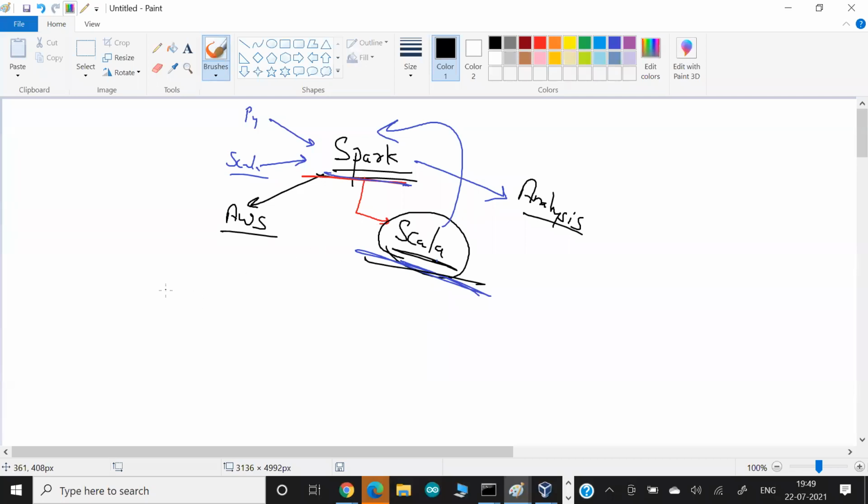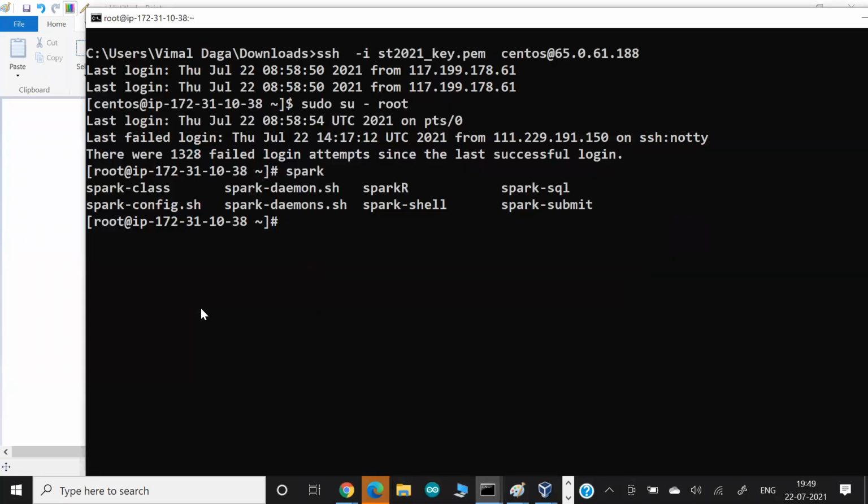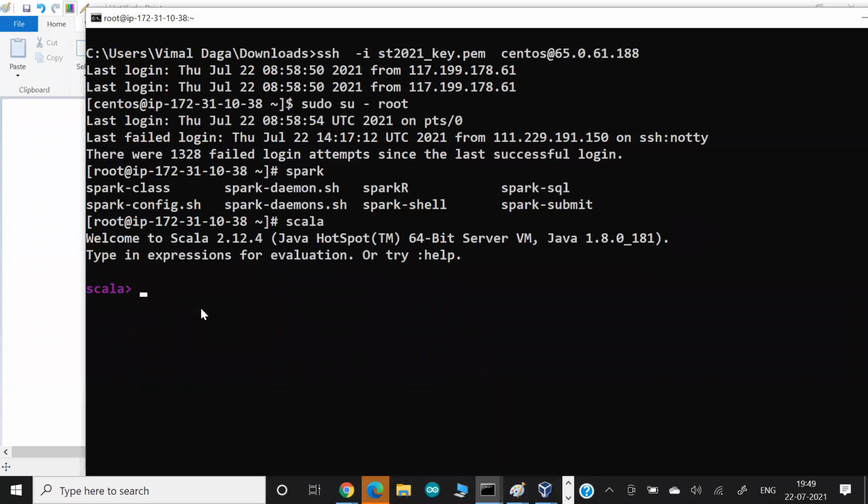If you want to work in Scala, again, it is a language something like Python. So whatever you normally do in a language, for loop, while loop, objects, classes, functions, exception handling, all those things you can do over here. And they also provide you a Scala shell, the way Python provides. So if you run scala and hit enter, internally they give you a Scala prompt, that's called the REPL of Scala, the way you have in Python.